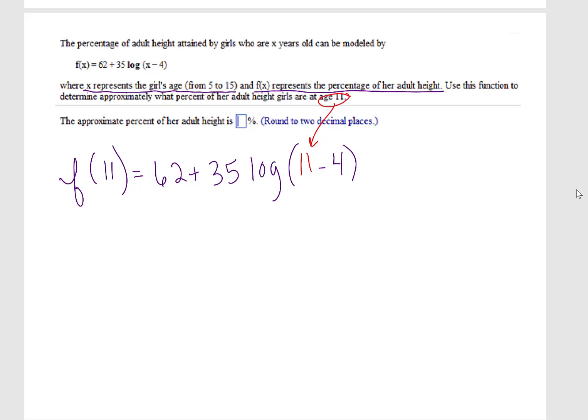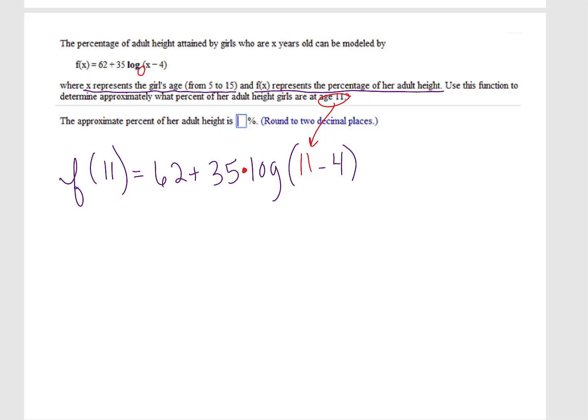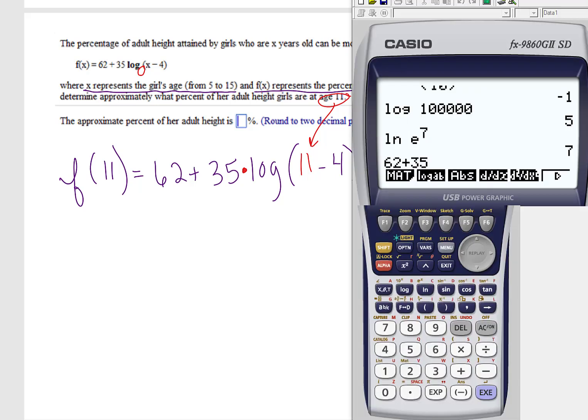Okay, and this is multiplication right here. So when you see a value up against a log, then just know that it's multiplication there. So we're going to punch it in our calculator. Have 62 plus 35 times, look at this, it doesn't have a base here, right? So I'm going to use my common log button, and then 11 minus 4,